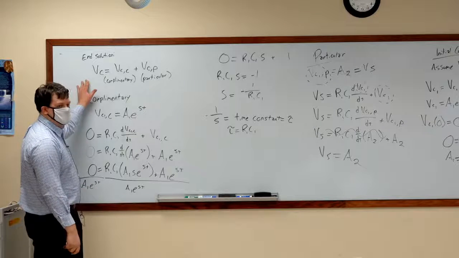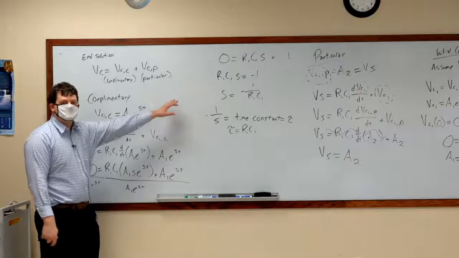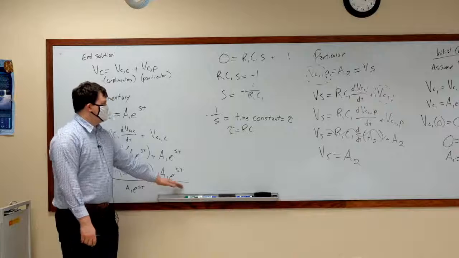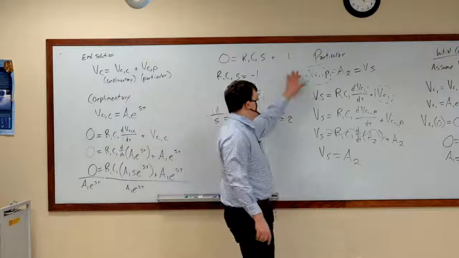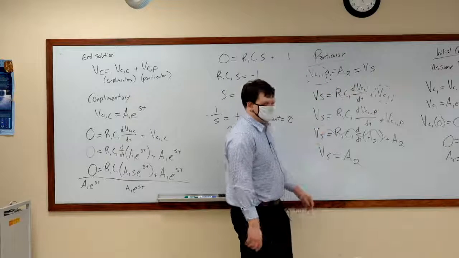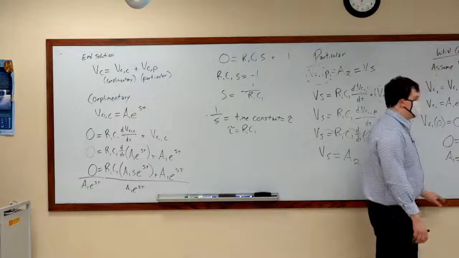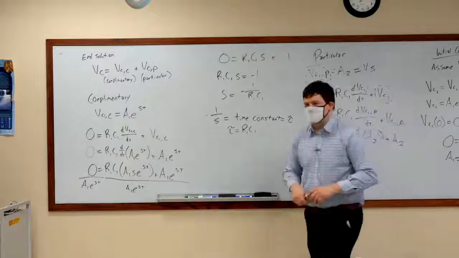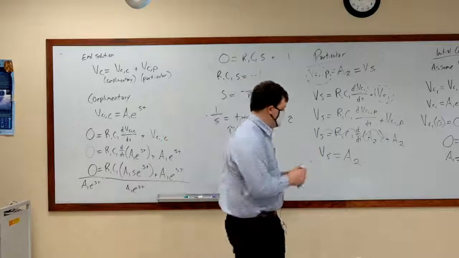We then came up with what we knew was going to be the end solution: a complementary and a particular solution added together. We solved for S using the complementary solution using the homogeneous equation. Okay? We then solved for A2 because the particular solution, we just used the non-homogeneous equation. We then solved for A1 using initial conditions. Okay? So if I were to write out the steps to solving this problem,